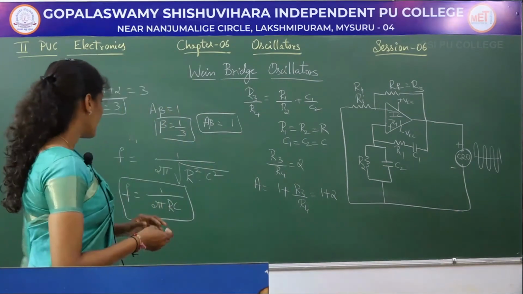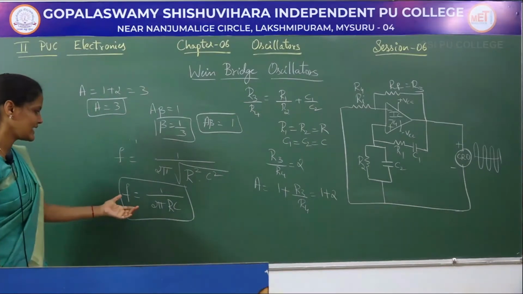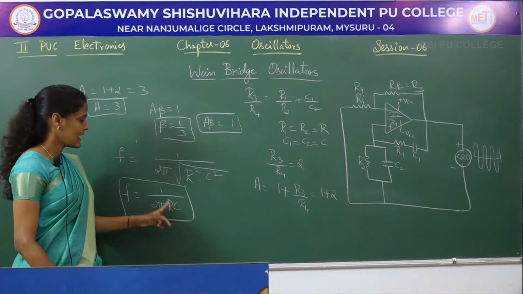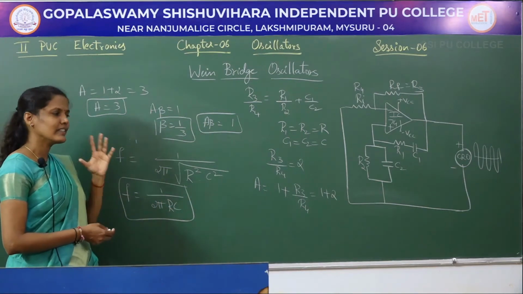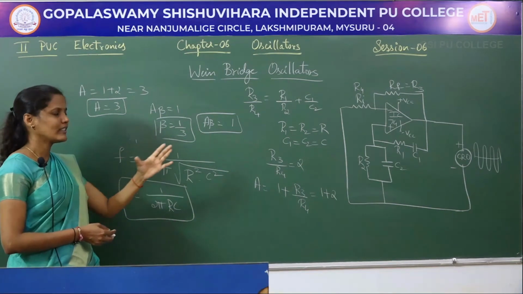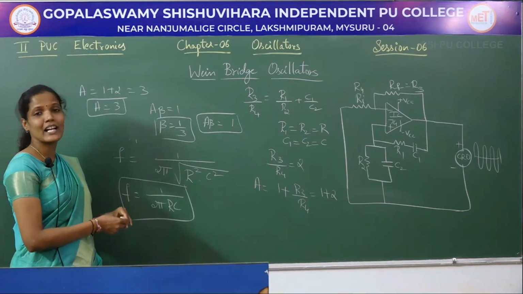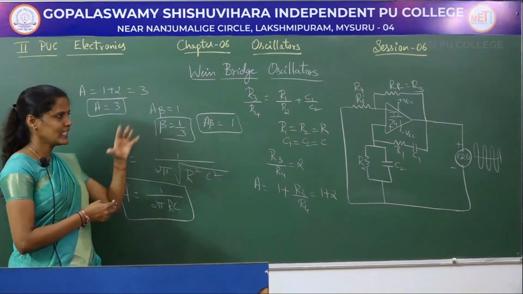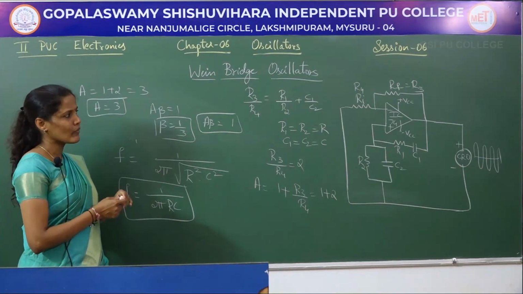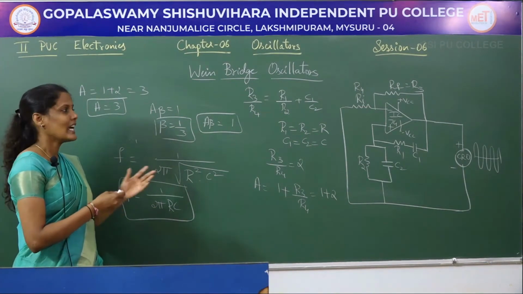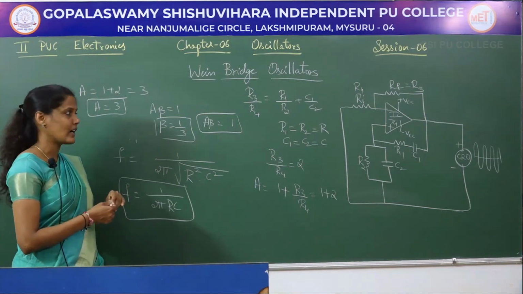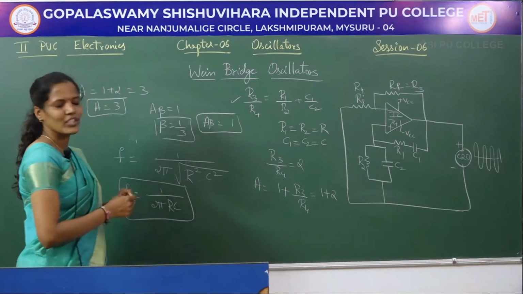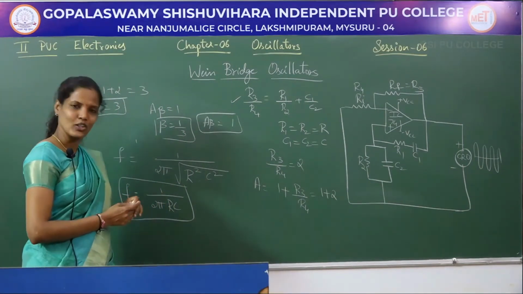So the frequency of the signal which is generated can be calculated by this formula, 1 divided by 2 pi RC, where R is equal to R1 is equal to R2, that is all the resistance values, R1 and R2 are same, and C is same as C1 and C2. Here in this particular network, Rf can be considered as R3 and Ri can be considered as R4. So this is another criteria which we are going to use in order to generate the sustained oscillations.